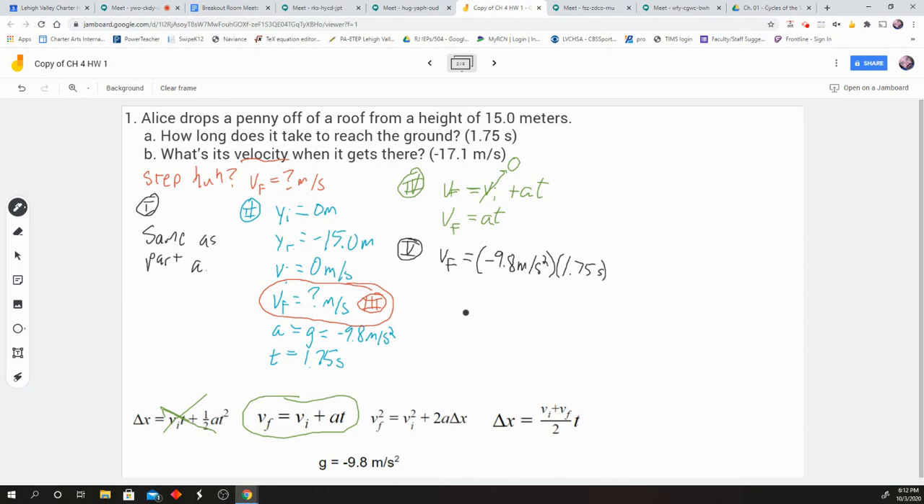So if we do this, what number do we get? Ask your calculator: minus 9.8 meters per second squared times 1.75 seconds. And you should get minus 17.1 meters per second. And then you put a box around it to let your physics teacher know that this is your answer. And then at the end, of course,